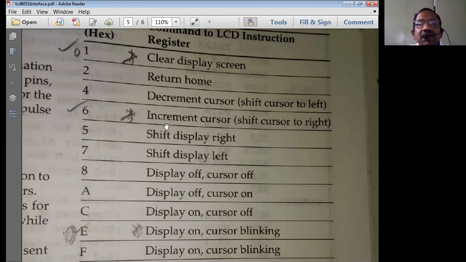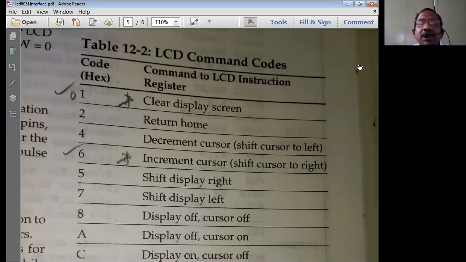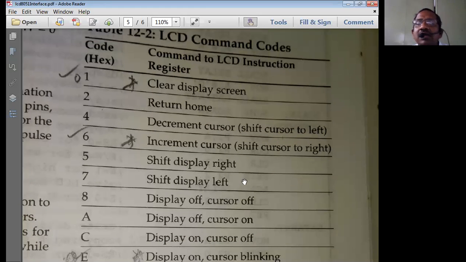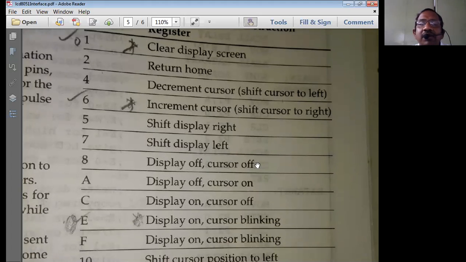The next is we can adjust using these commands. Why do we have to use the command codes? Using command codes, you can instruct the LCD display unit from which position the data should be displayed. That you can control. If you use the 06 hexadecimal code, it is used to increment the cursor, that is, shift the cursor to the right by one character.